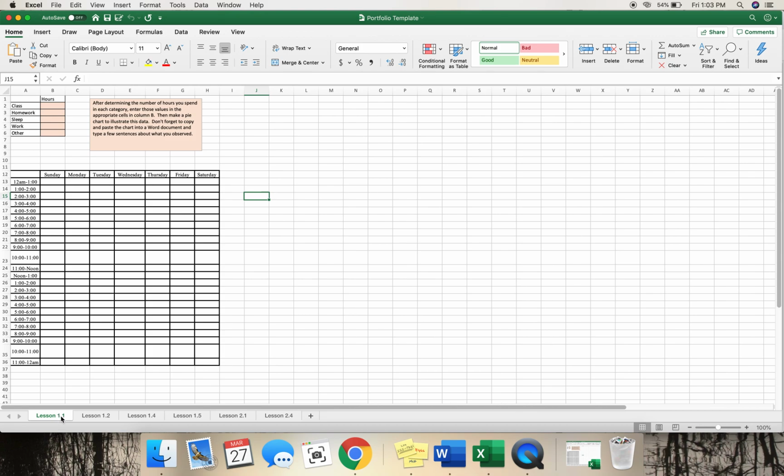All right, so let's go through this. Starting off with 1.1, it tells you the directions on everyone and everything. It says after determining the number of hours you spend in each category, so first we need to fill this out. So on a normal, in general, because every day I know is different, maybe non-corona schedule, let's fill this out. We are going to do, just to make it easy, we are going to complete